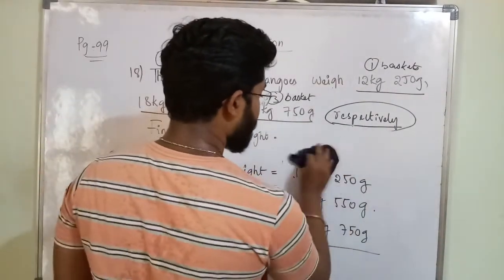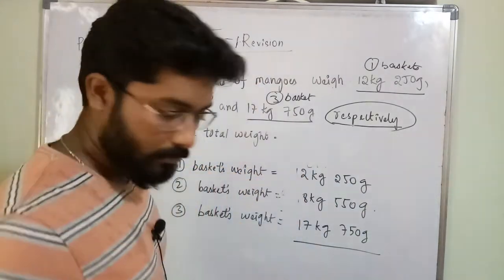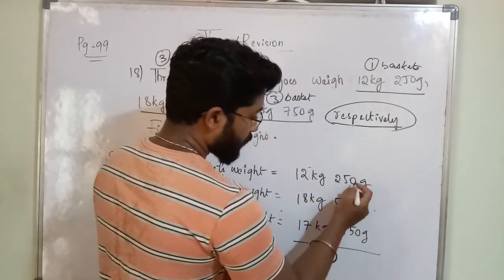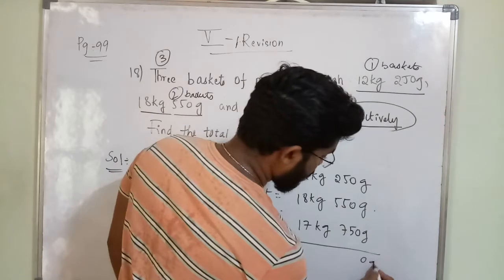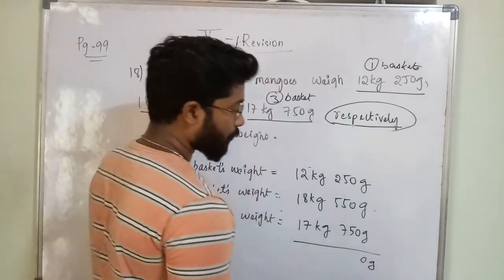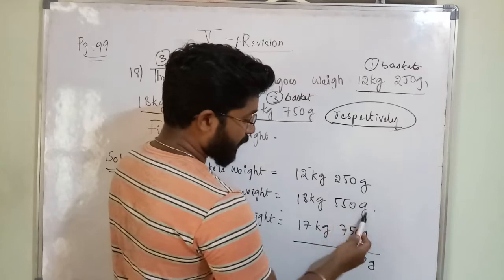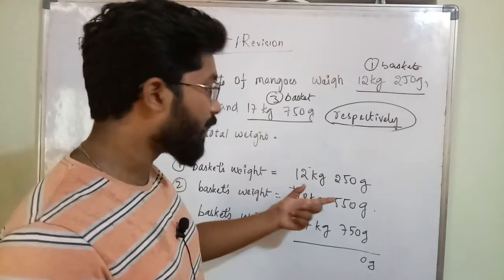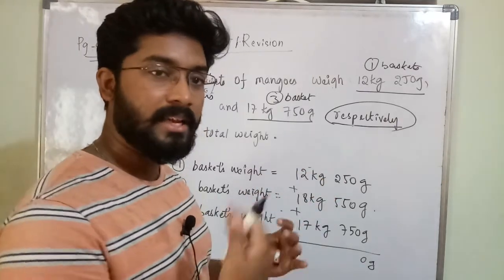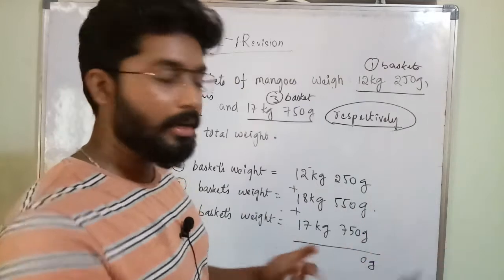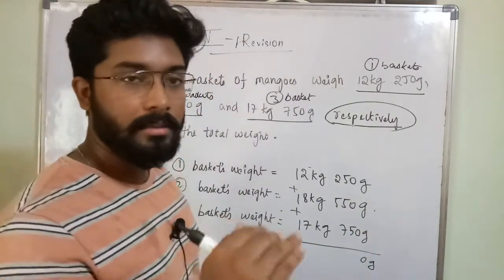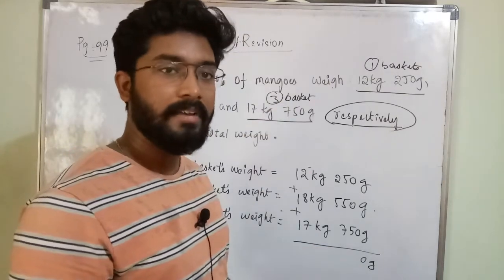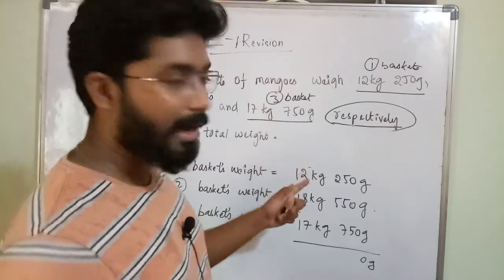See, 0 plus 0 plus 0, how much? 0 grams. Here grams is the unit, okay. All are there in kgs, grams, kgs, grams, kgs, grams. That's why we can add, because all are in the same unit only. If something is in grams and something is in kgs, you have to convert into one unit and then add. The quantities which we are adding should be in the same units, then only we can add or subtract, okay.